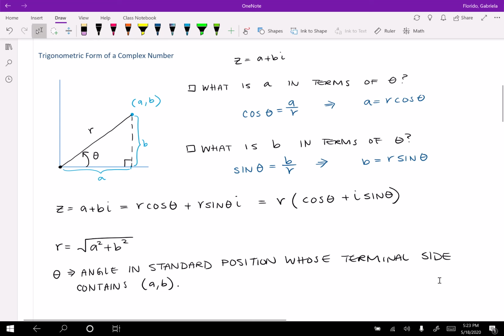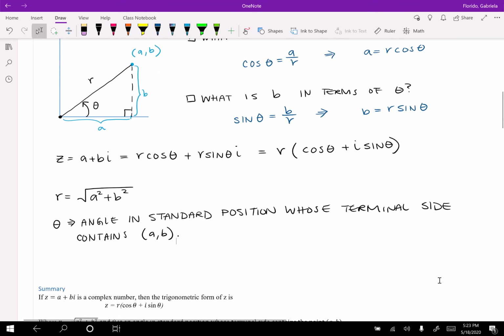The best way to find theta is by using tangent, because tangent uses opposite over adjacent, and so we would already know B and A. So that would make our lives a little bit easier. But you're welcome to just use sine and cosine and take the inverse to find your angle. Remember that the angle is in standard position, so you have to make sure you know in which quadrant that angle lands,